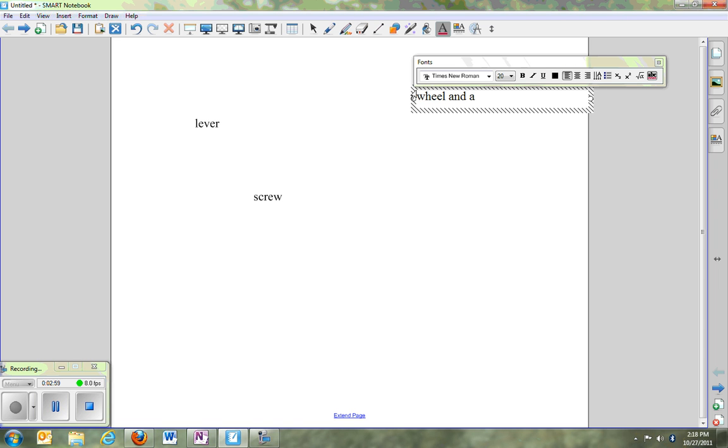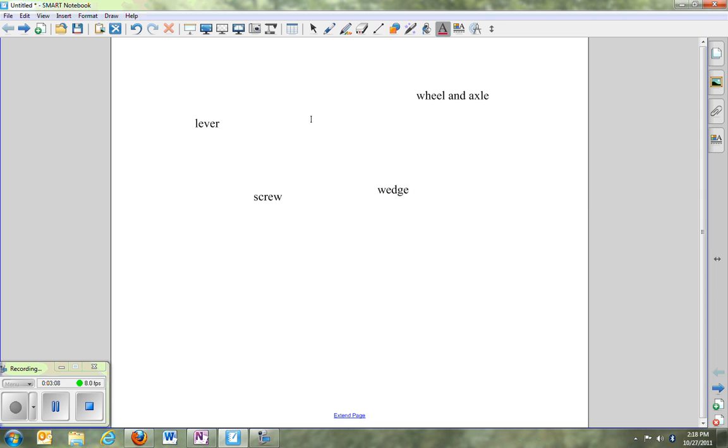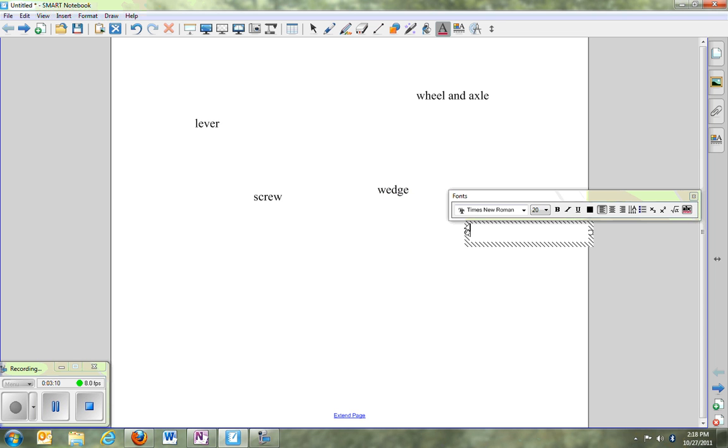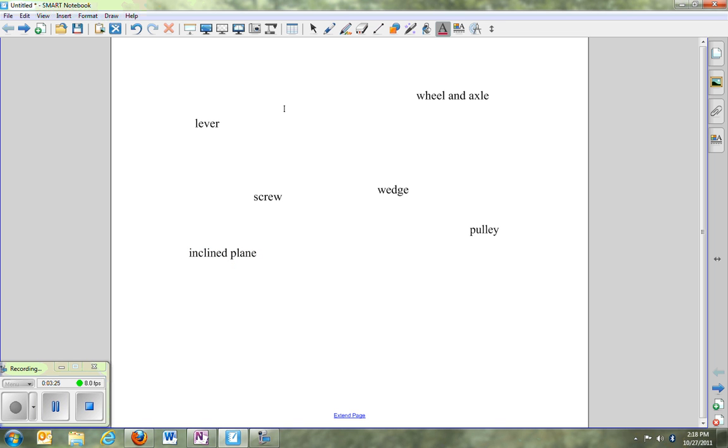and axle. Wedge and pulley. And finally, inclined plane. Okay, there we go. Now I'm going to go back up here to my toolbar, and I'm going to click